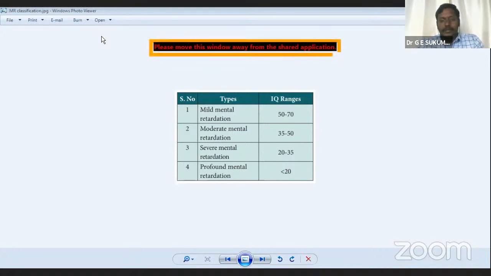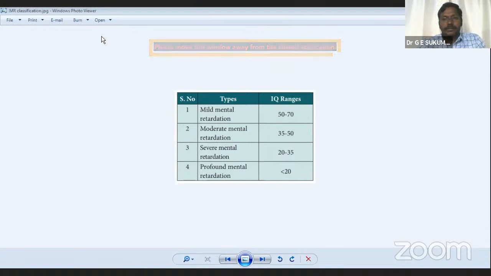Mild being the slightest one. These mild people are very much normal. They continue as normal people and have no issues at all. Sometimes they show this retarded behavior. Even with moderate, we can teach them. You can employ them. They can do their things without much effort. When it comes to severe,